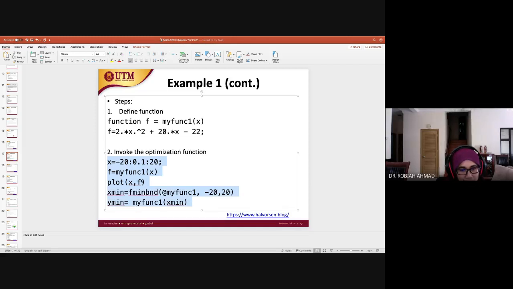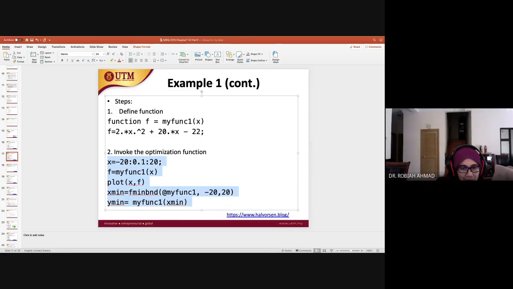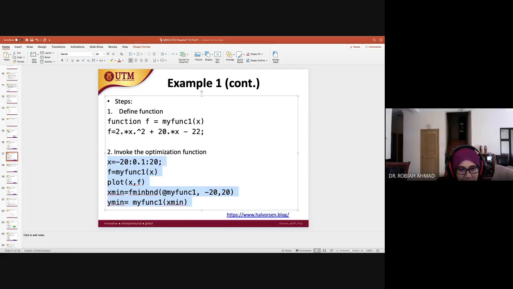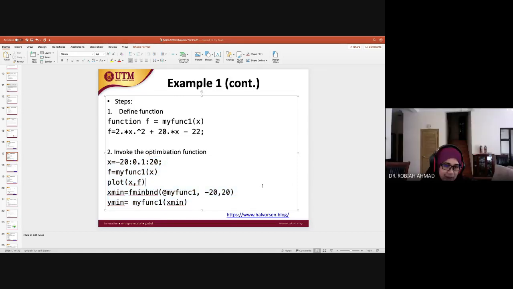Then you can name it any name, for example optimization1. When you want to run, you just run this one, the optimization, because we use fminbnd and call our function here. The syntax, if you can remember the syntax,